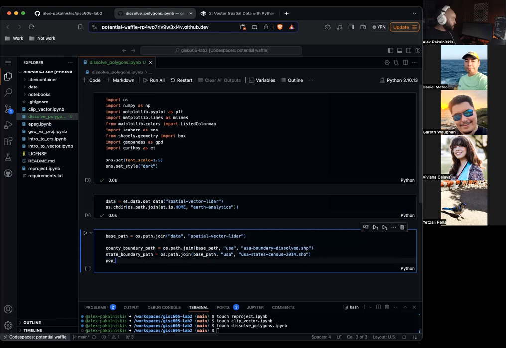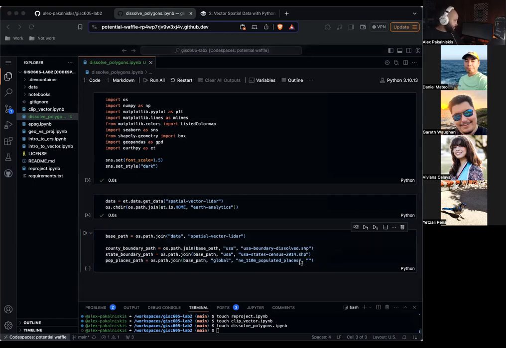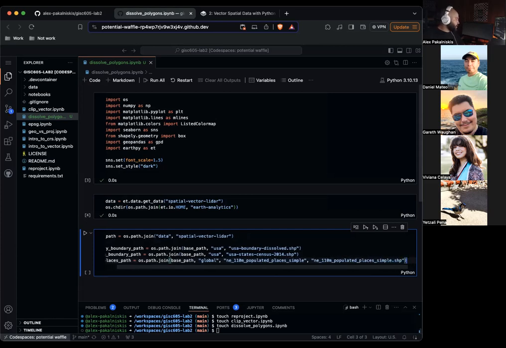And then pop places path equals os.path.join base path, global Natural Earth 110-meter populated places simple, ne_110m_populated_places_simple.shp.